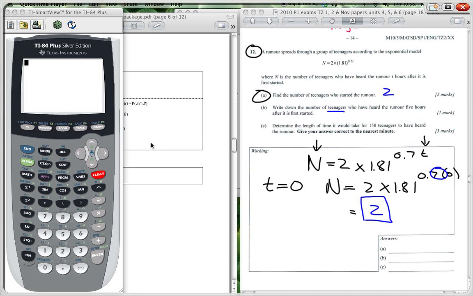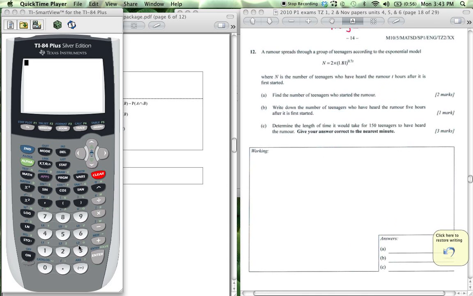Write down the number of teenagers who have heard the rumor 5 hours after it first started. So we're going to get N is equal to 2 times 1.81 to the power 0.7 times 5. Now 0.7 times 5 is equal to 3.5. So we would put that into our calculator: 2 times 1.81 to the power of 3.5, and you get